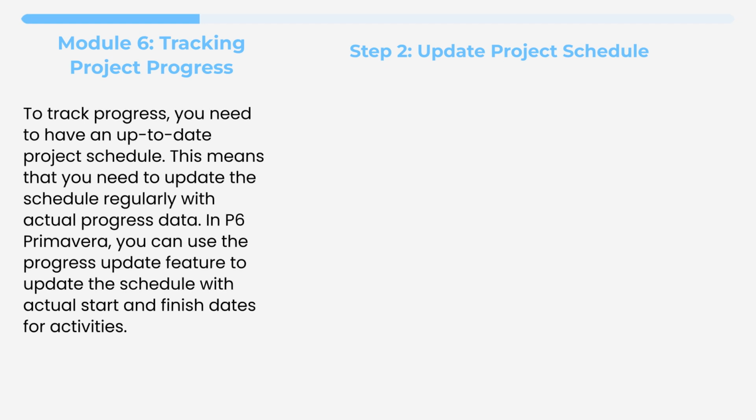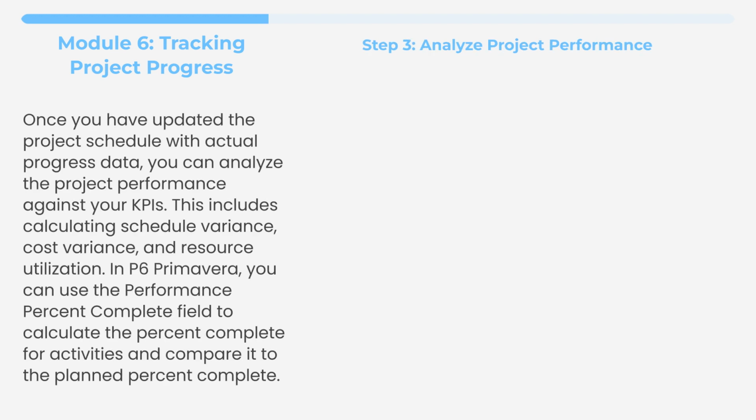To track progress, you need to have an up-to-date project schedule. This means that you need to update the schedule regularly with actual progress data. In P6 Primavera, you can use the Progress Update feature to update the schedule with actual start and finish dates for activities. Once you have updated the project schedule with actual progress data, you can analyze the project performance against